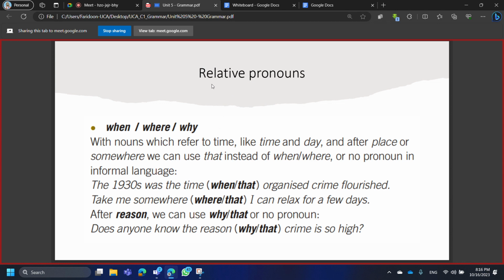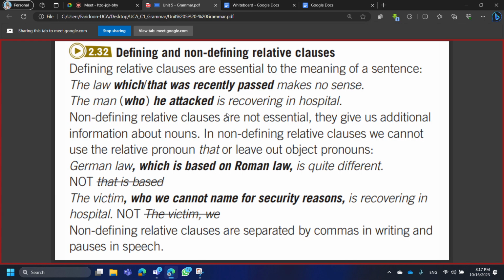So in the next part, guys, we're talking about relative pronouns. What are they and how to use them? You already know the most common ones, the 3 most common ones we have in here: who, which, and